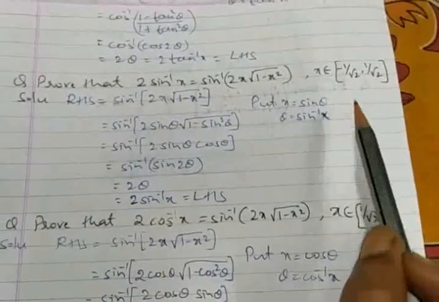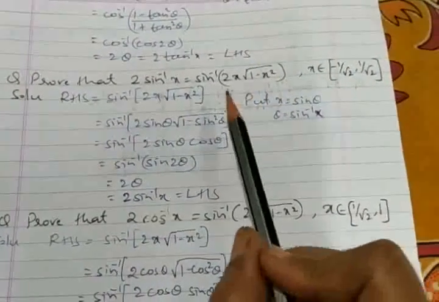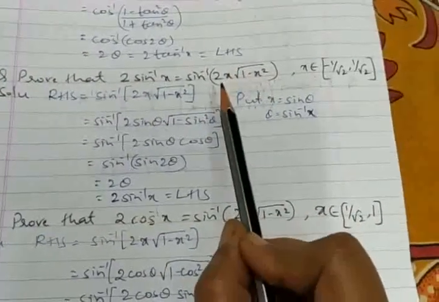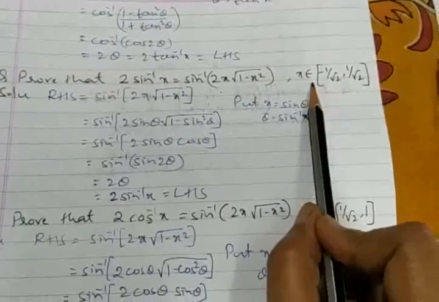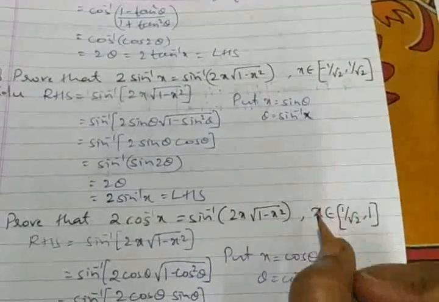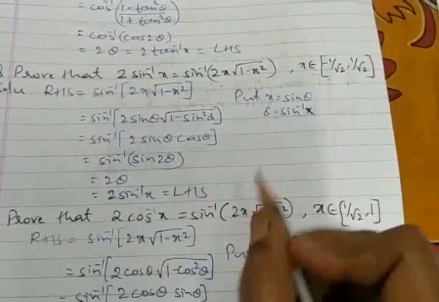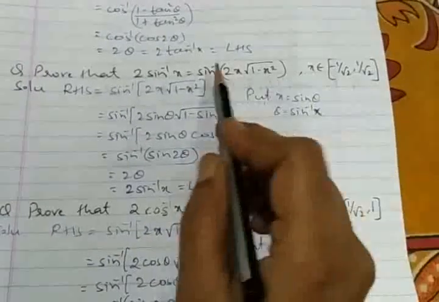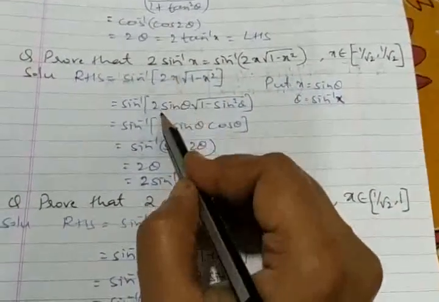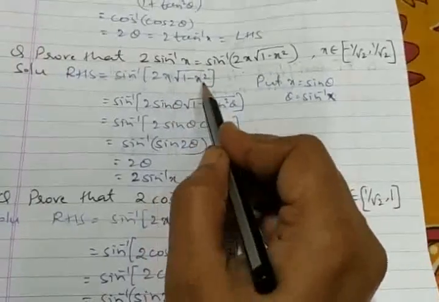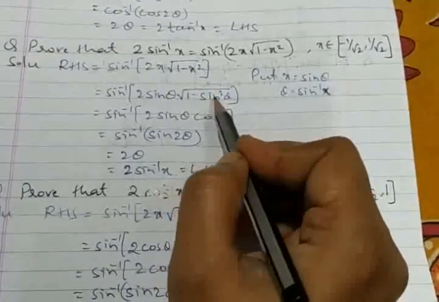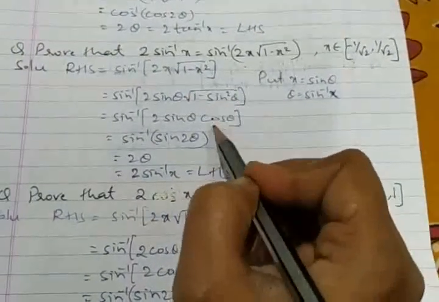Now, normally for the standard result of solving, if this question is asked in differentiation, you have to speak about sin theta only. Normally this is the domain which has to be according to the given data. So this is a restricted domain here, according to the x value. If I say x equal to sin theta, then we are left with 2 sin theta times root of 1 minus sin square theta. But the root of 1 minus sin square theta is cos square within a root, which reduces to cos theta.